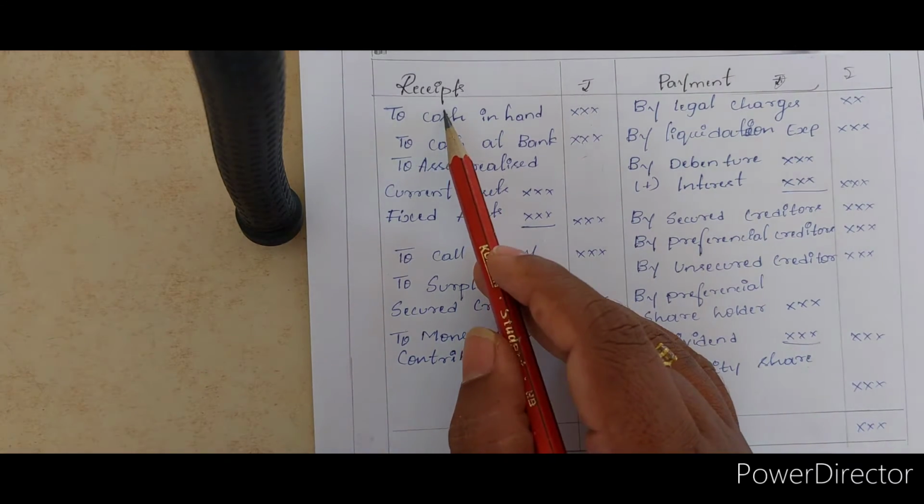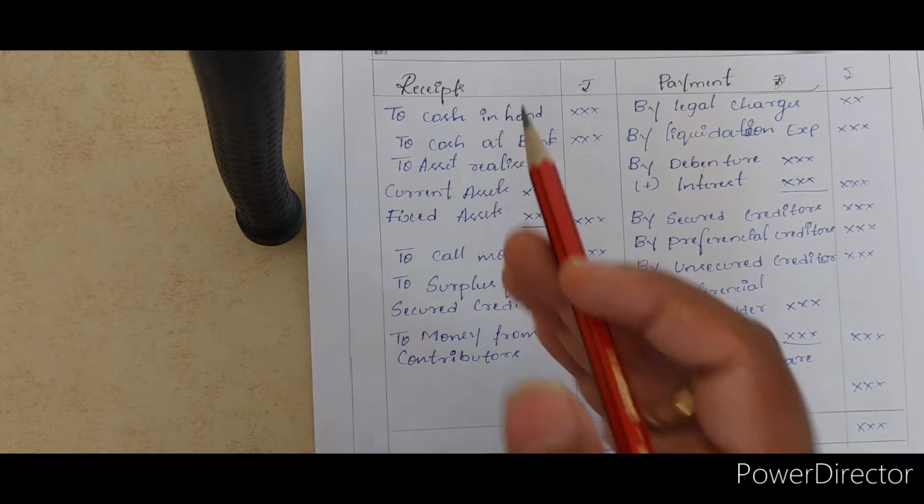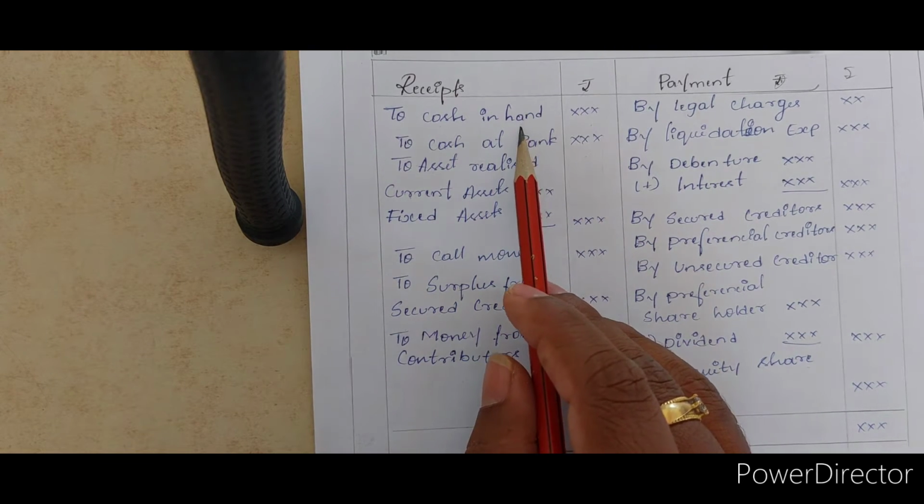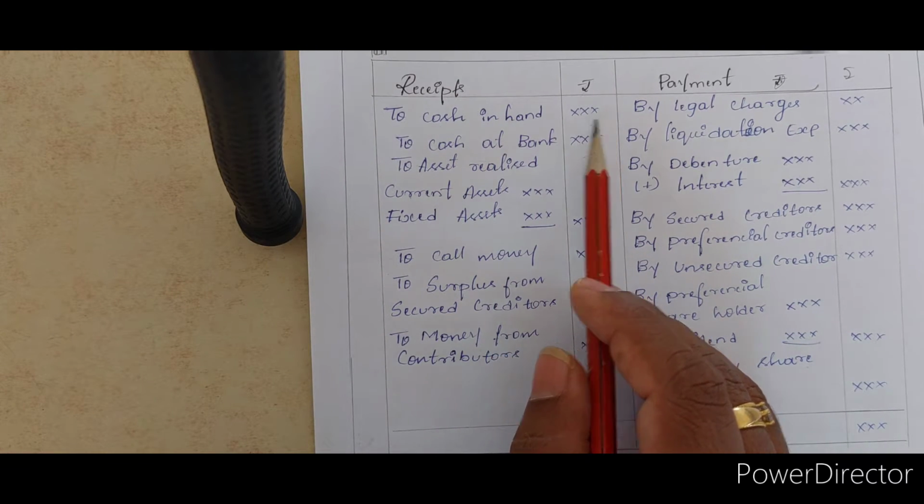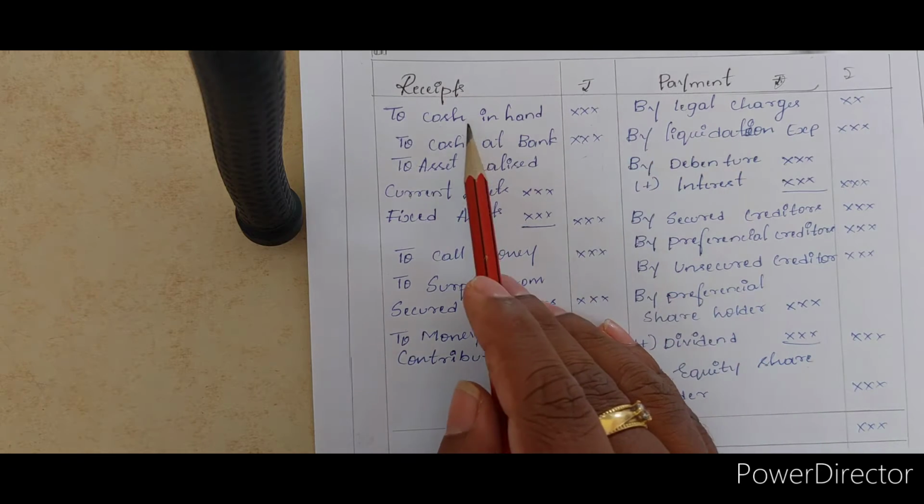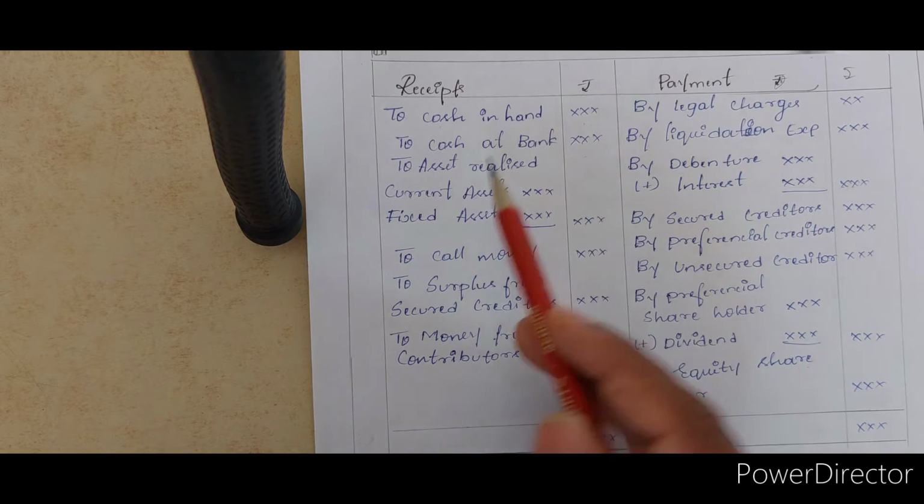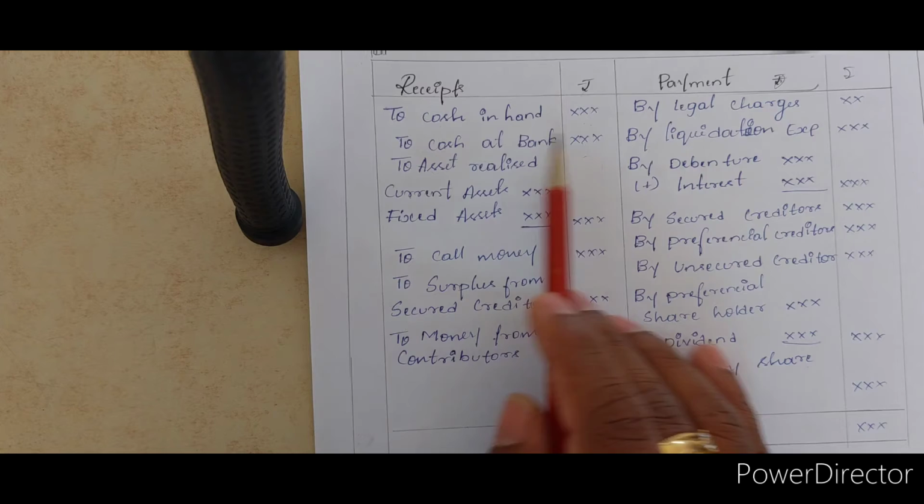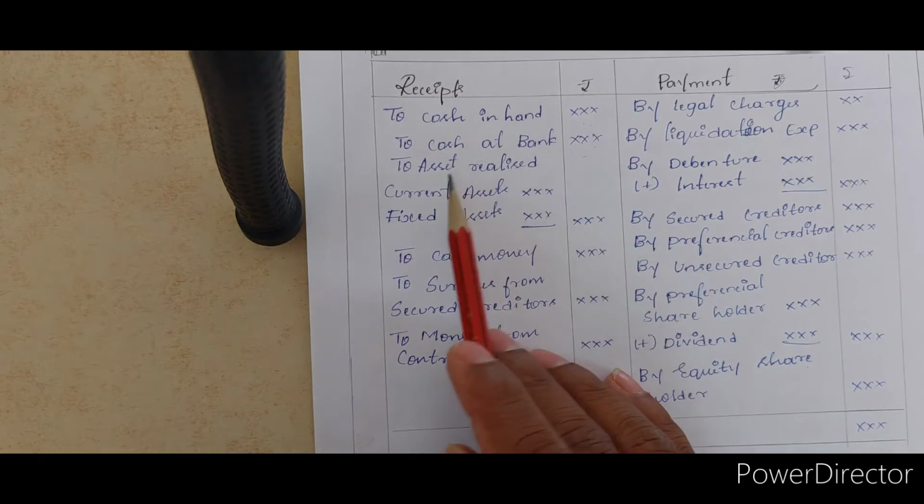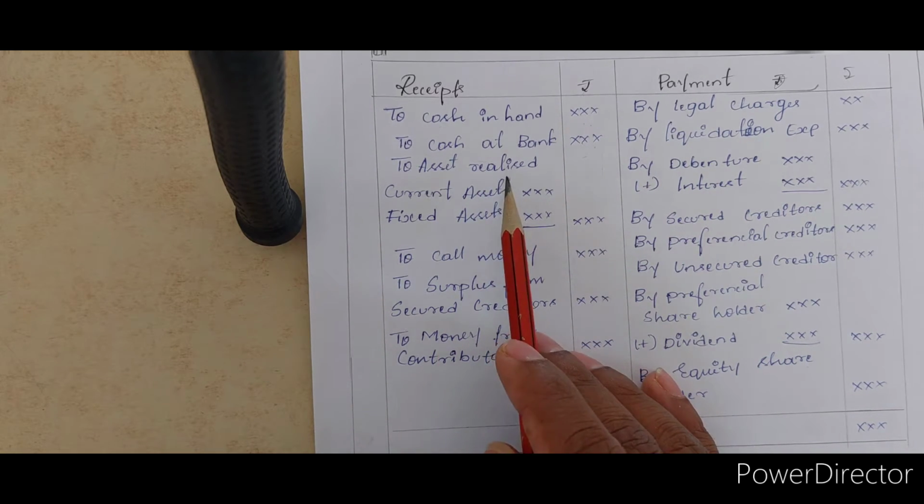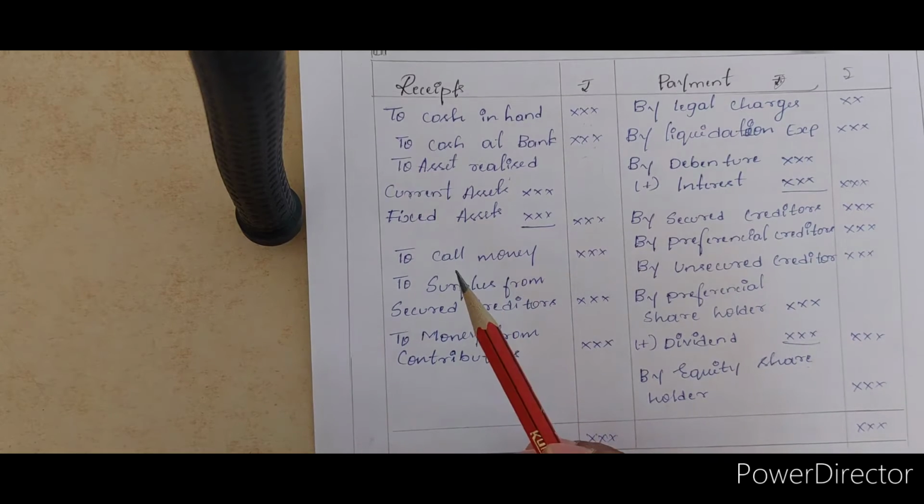Okay, so under the receipt column, what are the items? The cash in hand. In the problem, cash in hand will be given. If cash in hand is given in the problem, you need to mention it here, cash in hand, and next cash at bank. Next, assets realized. In the problem, assets realized will be given. Okay, for example,